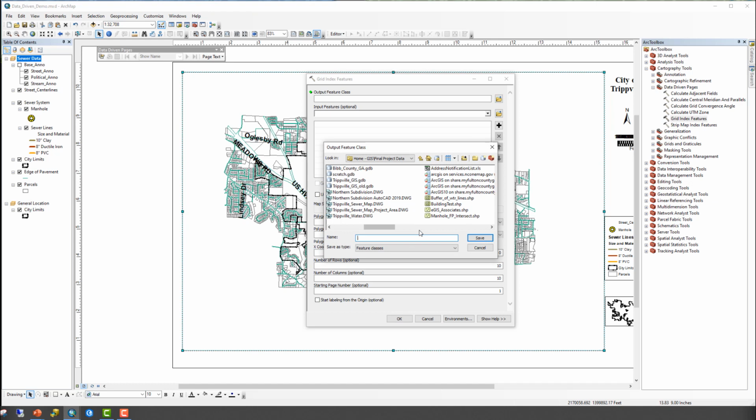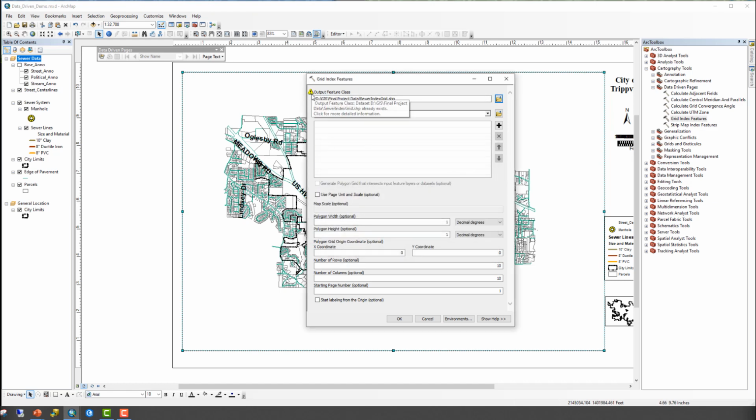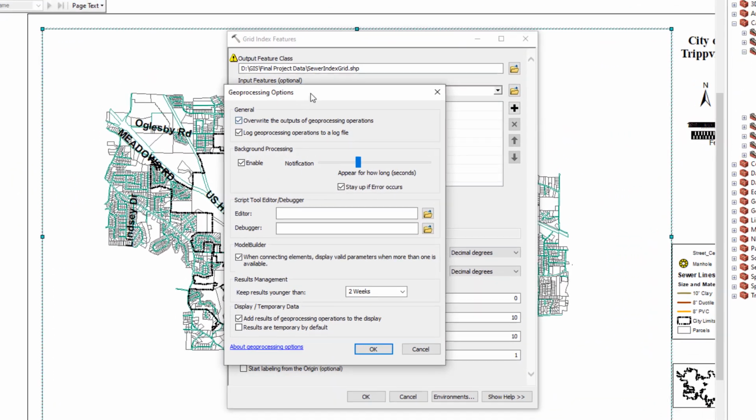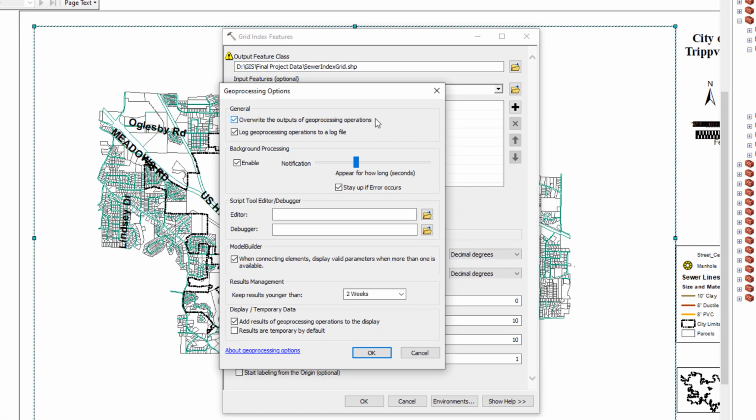Okay, back to here, keep coming over. There we go. Yep, okay, so notice now it's just giving me a warning that it's going to overwrite as opposed to the X I got before. That's because I changed that under geoprocessing and options. There's this overwrite the output of geoprocessing operations. That box was not checked originally. So you want to make sure in this situation that that box is checked